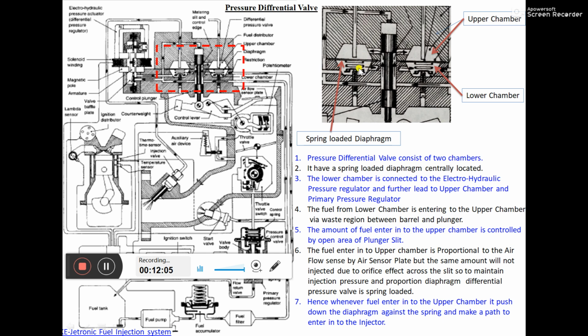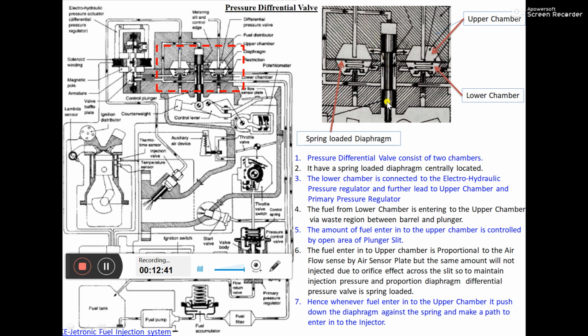Okay, so after pushing this diaphragm in the upward direction, the fuel enters this way into the upper chamber from the lower chamber, and starts to flow through this line with respect to whatever open area is available. So it enters this line toward the injector. In that way, here we can see it passing through to the injector. Now the main work is with respect to this slit opening to the upper chamber.